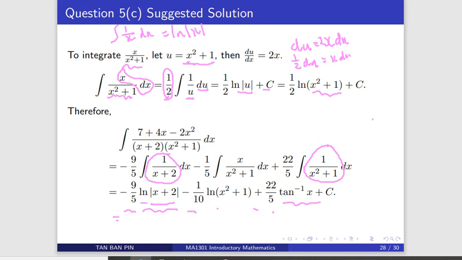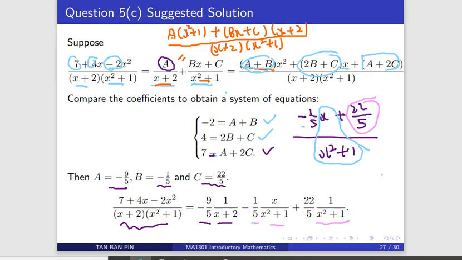Let me say something about the solving part of the partial fraction part. For the partial fraction part, to solve for a, b, and c, first, you must know to write this into partial fractions. For each factor, you must create a simple fraction. For a linear factor, you just put constant a over x plus 2. For a quadratic factor, you need bx plus c. Then just now what we did was to combine these two fractions back to a single fraction.